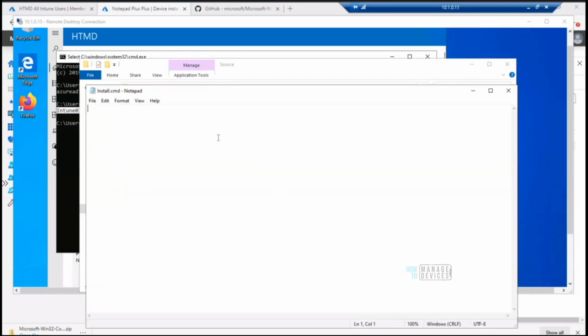You can say something like copy, and then the same command which you want to use. Okay, got it. It's the same as SCCM mode, right? So this is basically a CMD. Whatever command is supported in SCCM CMD, it will support over here also, right? Thank you so much. No worries.